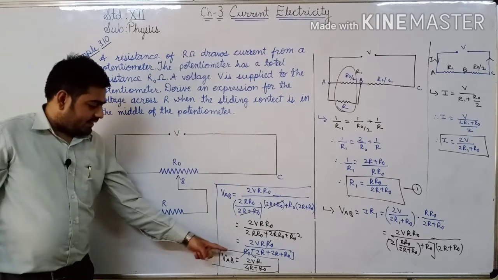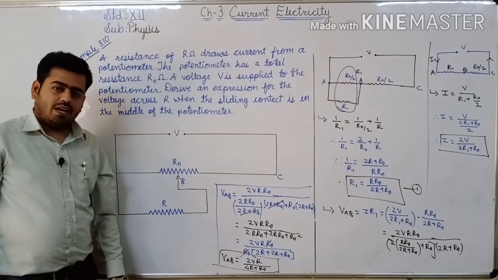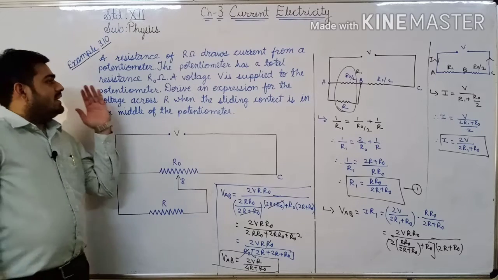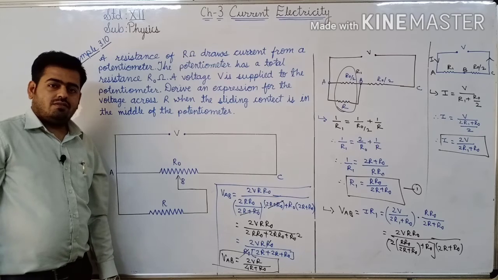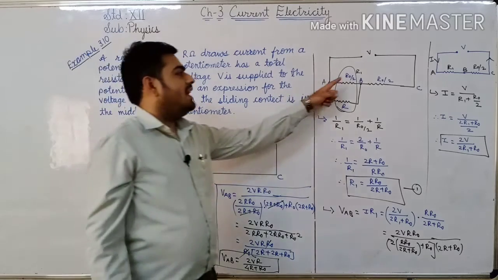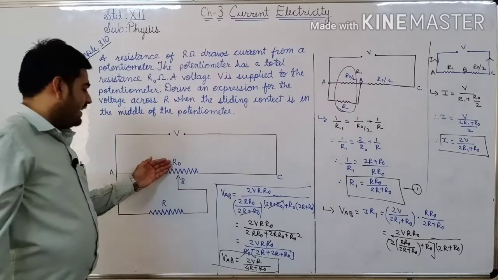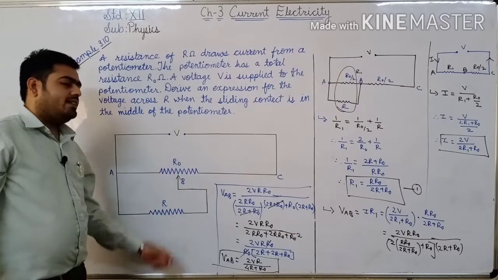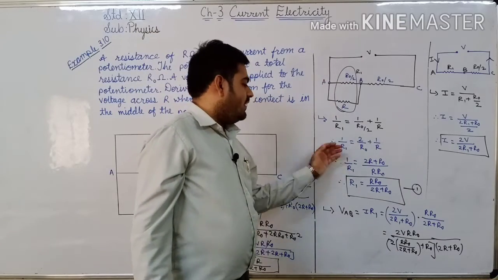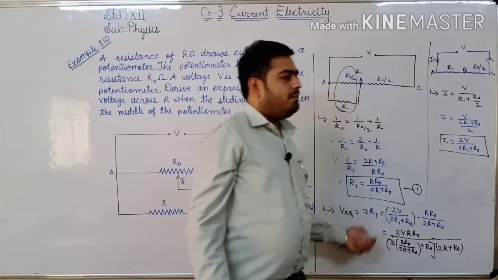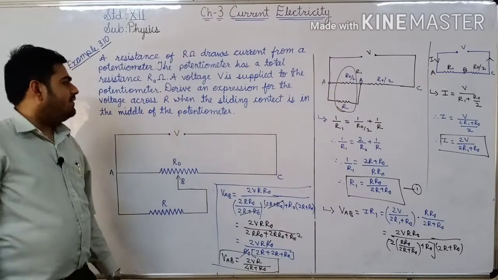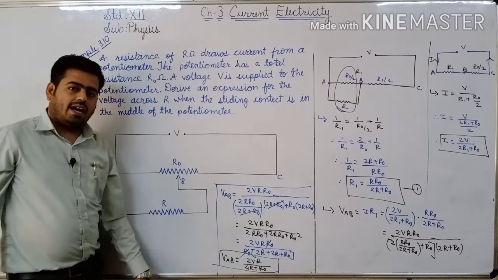Voltage across R is 2VR upon 4R plus R0. कैसा लगा एग्जाम्पल 2.10? बिल्कुल आसान, सिर्फ हमें इक्विवेलेंट सर्किट बनाते आना चाहिए। यहाँ से क्लियर है कि ये R0 बाई 2 और R किस में है, पैरेलल में। एक बार उनका इफेक्टिव रेजिस्टेंस फाइंड कर लो, फिर करंट फाइंड कर लो, फिर पोटेंशियल ड्रॉप फाइंड कर लो, V इज इक्वल टू IR। सो इजीली वी कैन ऑब्टेन वोल्टेज अक्रॉस R।